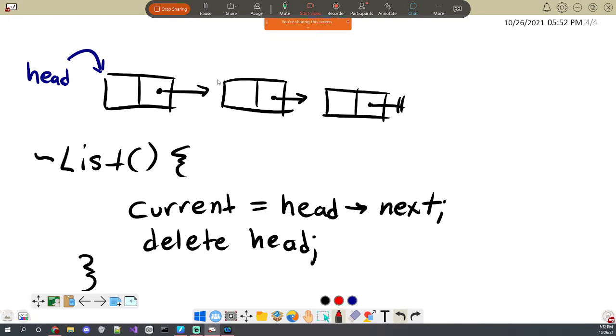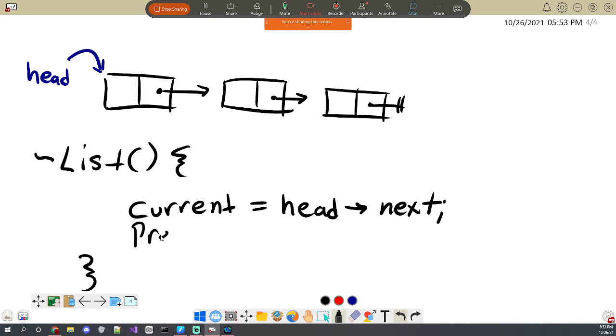Then we have some pointer here, we deallocate this thing, and now if we want to deallocate the next one, we're going to need to do the same thing because we're kind of stuck at the same point. If I just delete the current again, I have an issue. So we need some way to traverse this. So let's just address 2 ways. One way would be to do what we've had previously, where we just keep a previous and a current.